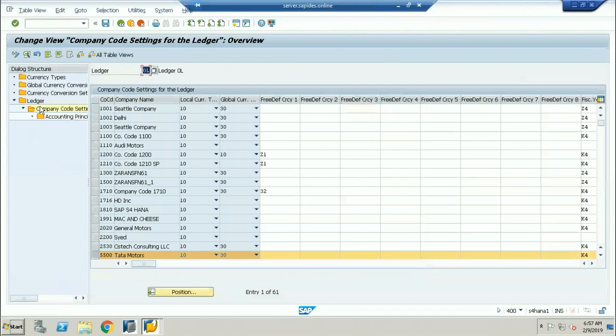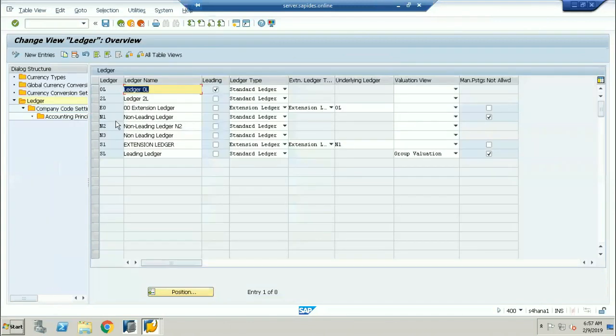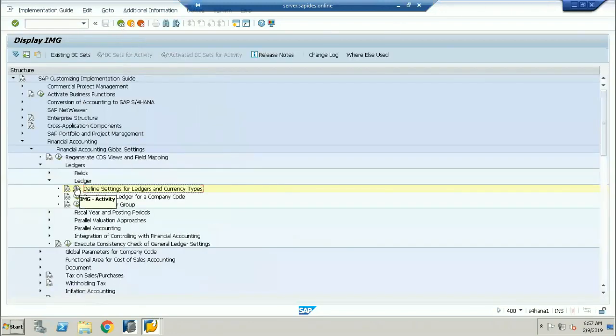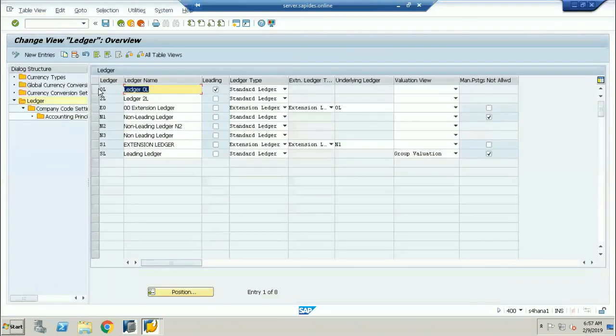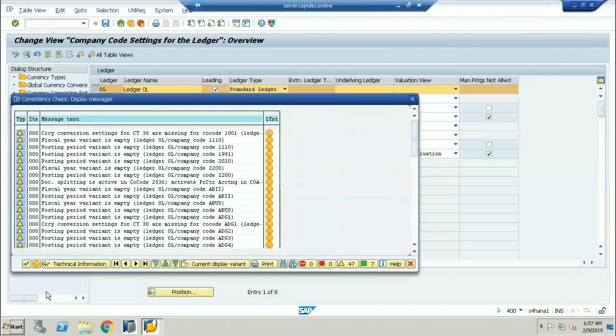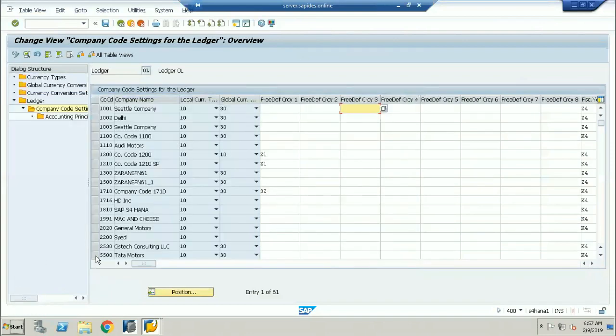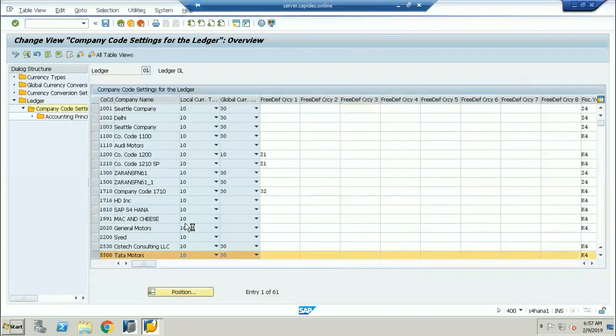Now I'll go one step back. These are some of the ledgers we are able to see here. Now, in the second one, if I double click on it once again, if I select OL and double click on the company code, now if I select the company code 5500,